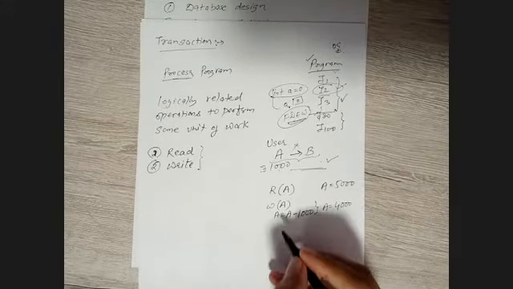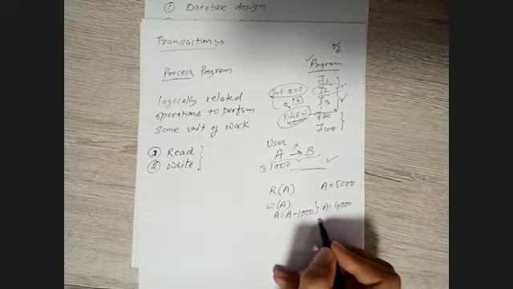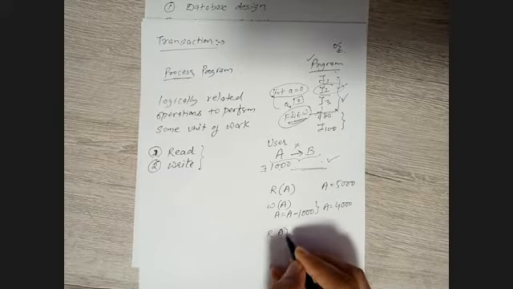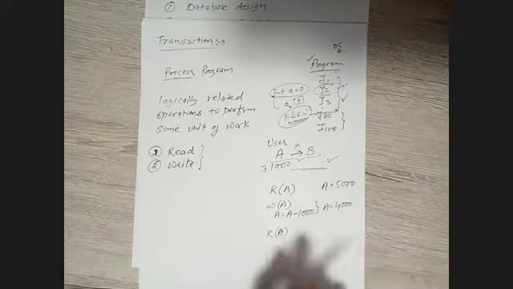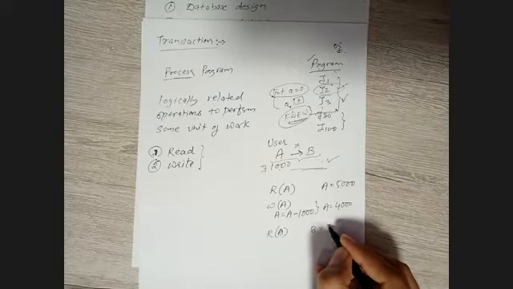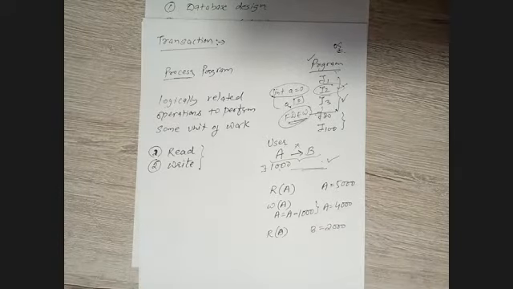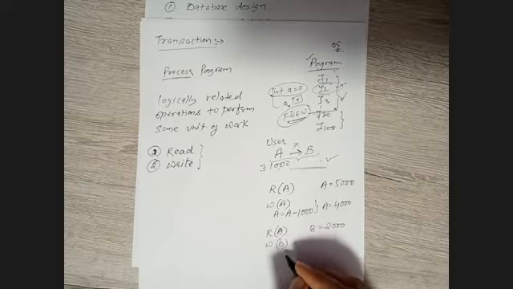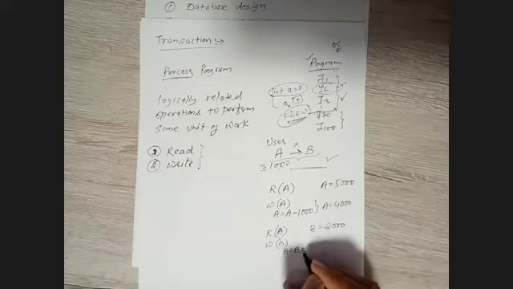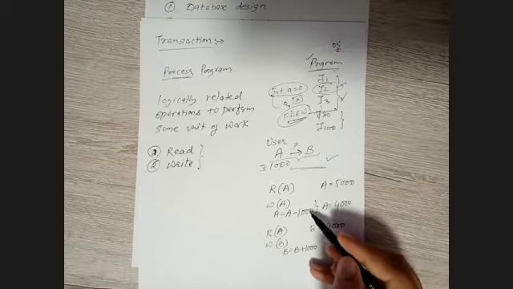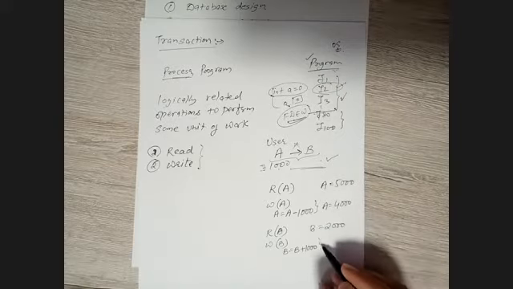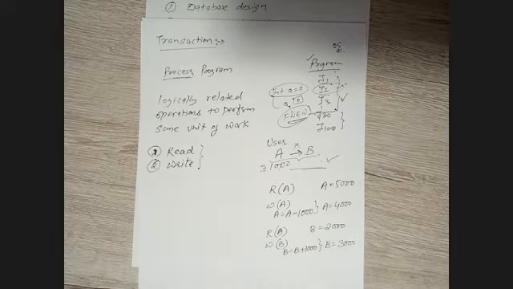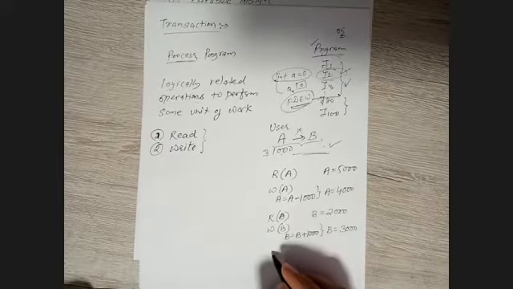Now we have taken the money out of account A. Next we will read the amount in account B. Let's say in B we have 2,000 pounds so far. Now we will perform a write operation in B, where we add the 1,000 that was deducted from account A. After this, the amount we have is 3,000 pounds. And once it is done, there is something called commit.